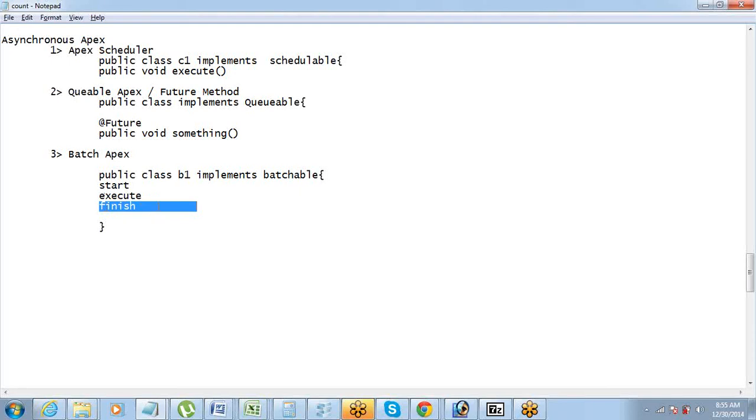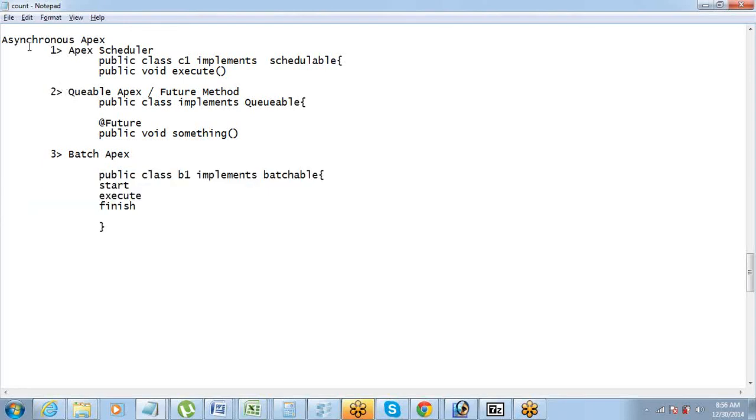So finish is usually used for sending a notification to the user that all the batches have successfully completed or not, because batch Apex is a long running process. So the finish method is used for notification basically. So that's about batch Apex.